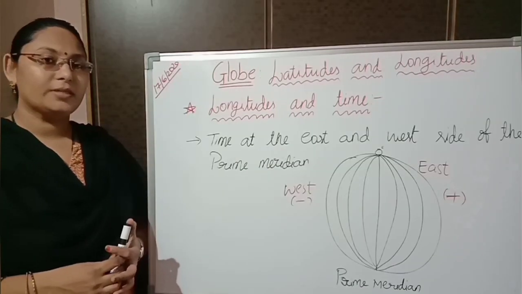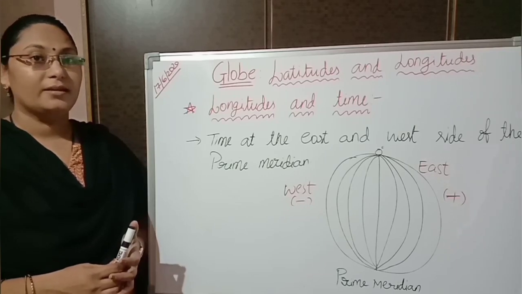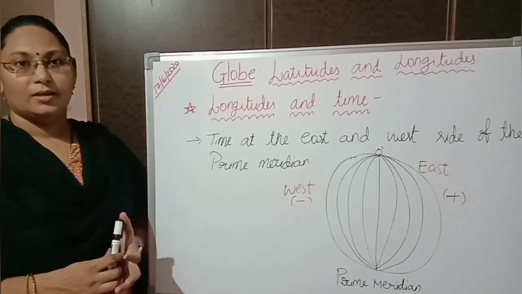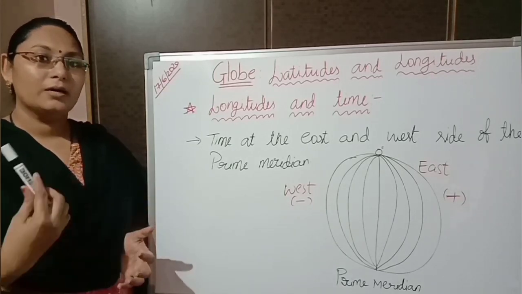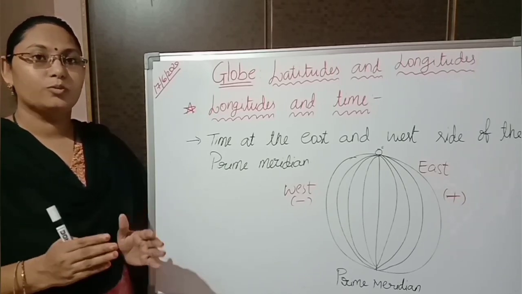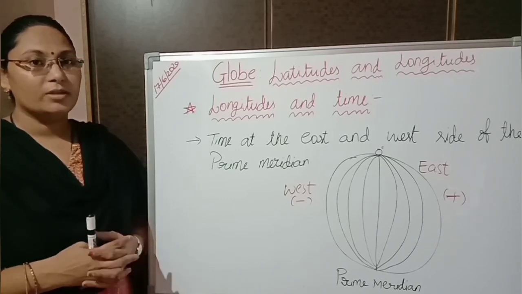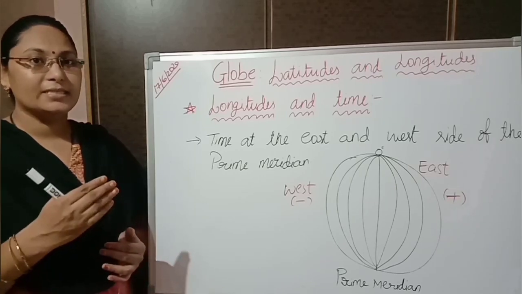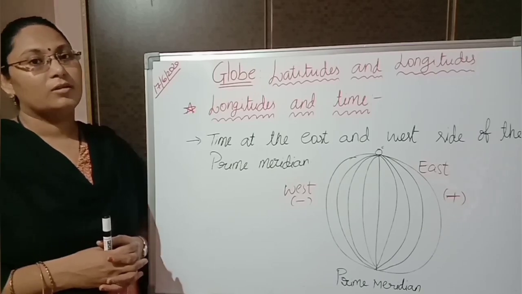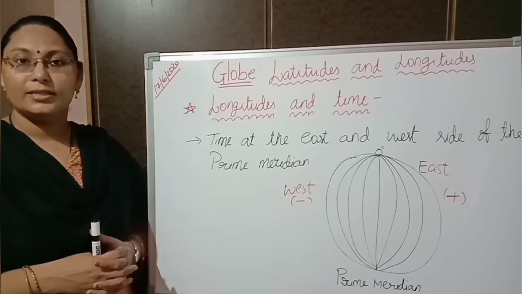Now, calculation of the time in the Eastern Hemisphere and Western Hemisphere. There are different times in the Eastern Hemisphere and Western Hemisphere. There is no single time for the entire globe. So the entire Earth is divided into 24 time zones. We already came across that for each 15 degrees the Earth takes 1 hour, so it takes 24 hours to complete the total 360 degrees.